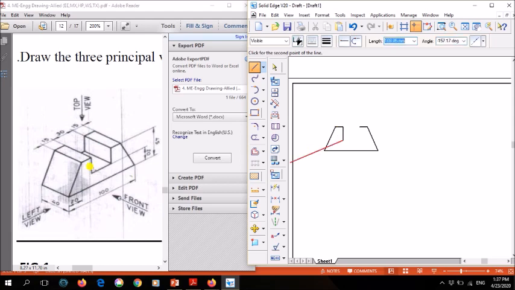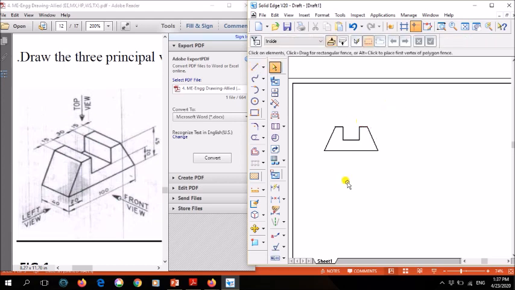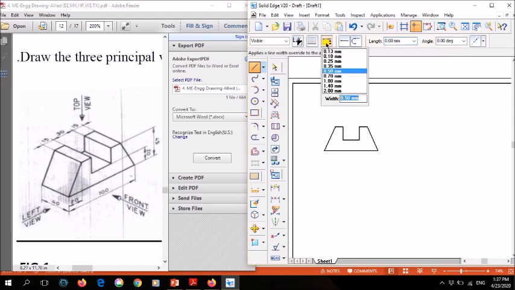Now I am at this point, you can see on the left side. From here I need to draw a line of how much? 30 mm. This is the width of that cut, 30 mm to the right side, and again join it upwards. So this is your front view. Whatever is visible in the front view is what I have drawn here. Clear? Now take a pencil.